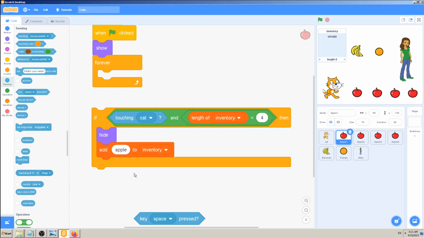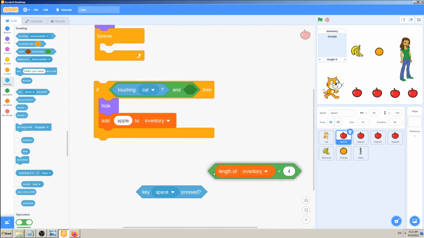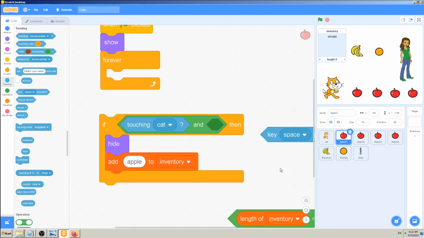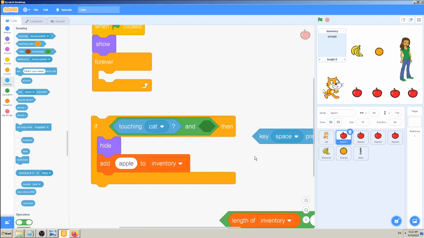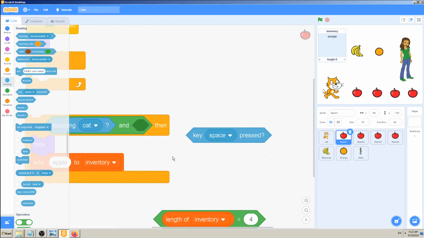Okay, so one more thing to add here is key space pressed. I will try it first by detaching this length of inventory just to see if it will work, and then later I can bring this back. Okay, so again, just say it in plain English or whatever language you use. I want to make my game like this. When the cat touches the apple, and that is this condition first, apple touching the cat, is that true? Okay, if that is true, and also when